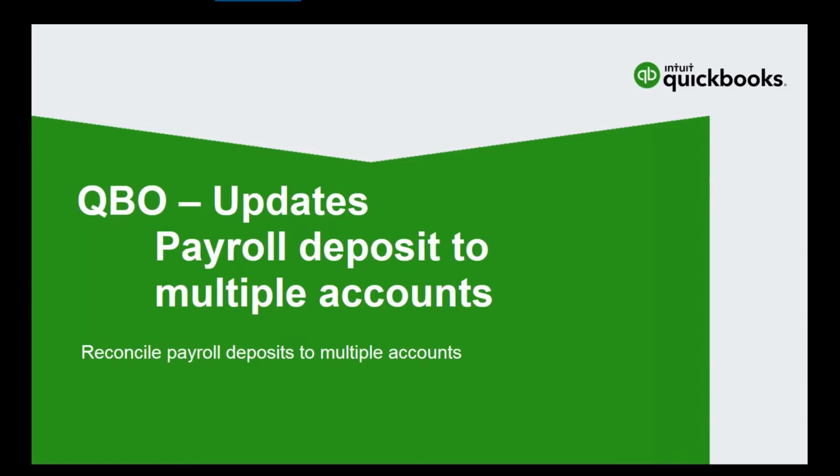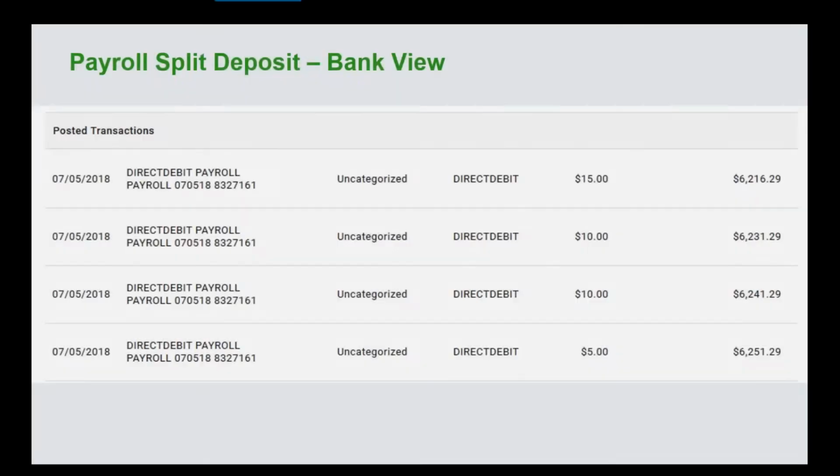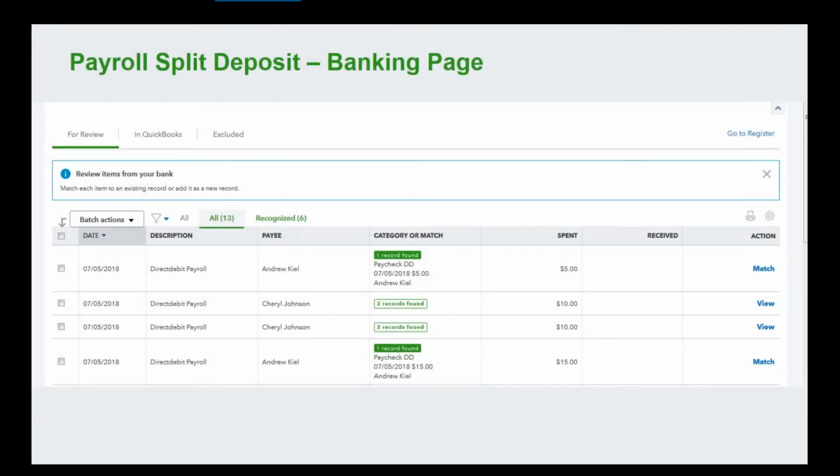Well, we've created a feature that's going to solve a big headache because we didn't allow you to reconcile that double transaction very well at the bank side. So now this is what it's going to look like at the bank. Notice the top one and the bottom one, the $15 and the $5, and the 2 in the middle, the $10. Those are matching transactions for employee 1, and the 5 and the 15 are the matching transactions for the other employee. And so when they get downloaded from the bank in your bank feed, now notice you can